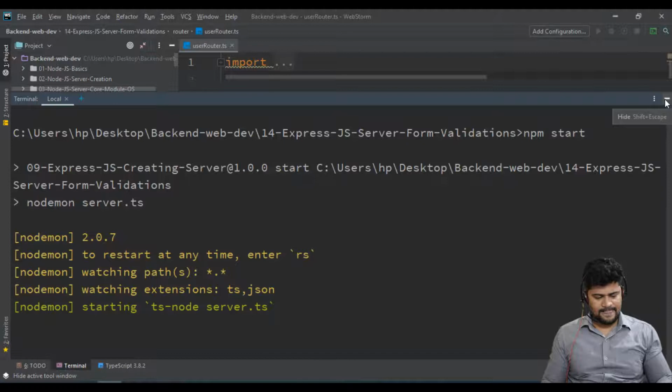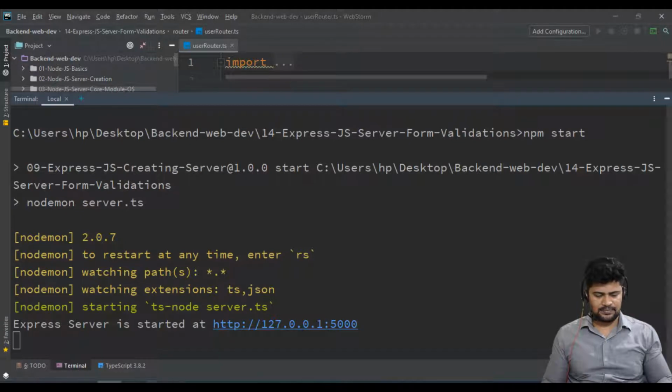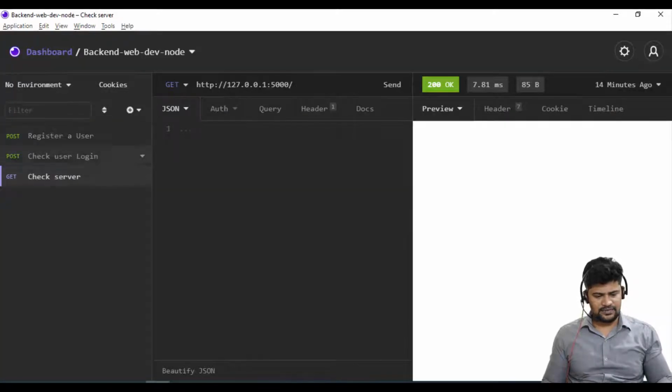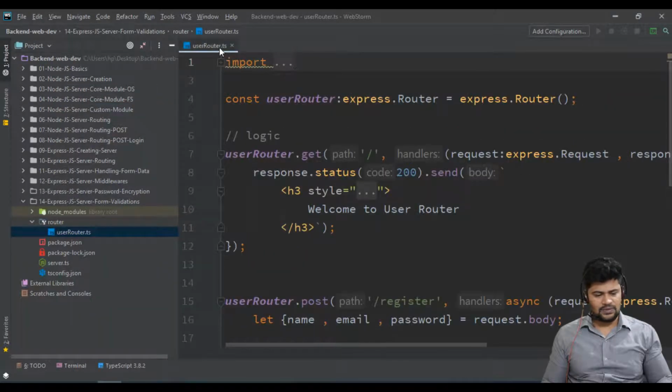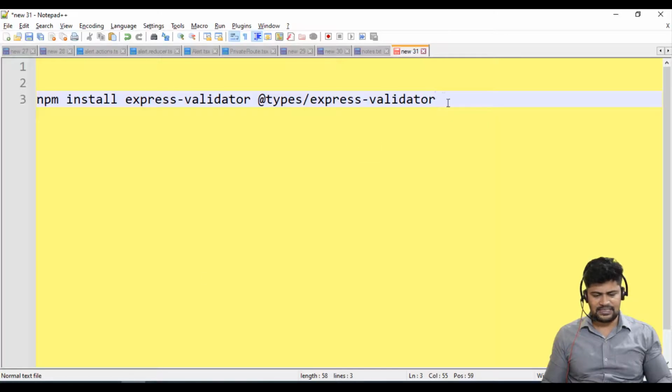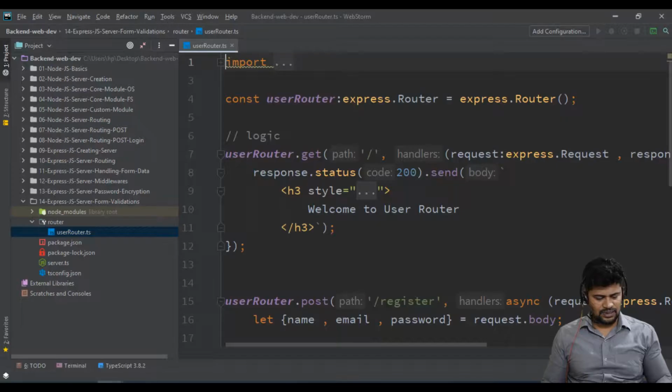Meanwhile, you want to check the server startup. Check server and click on send. You got this, so the server is up and running. That's fine. Now the very first thing you have to do is install this package. Copy this, go here.